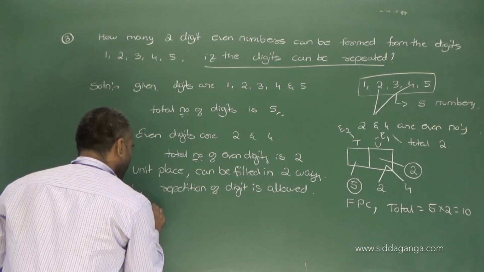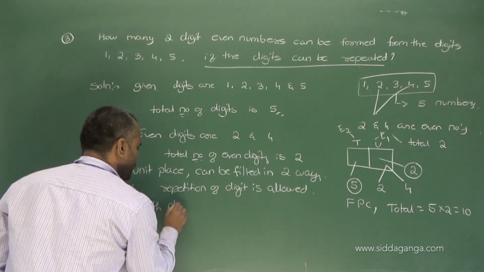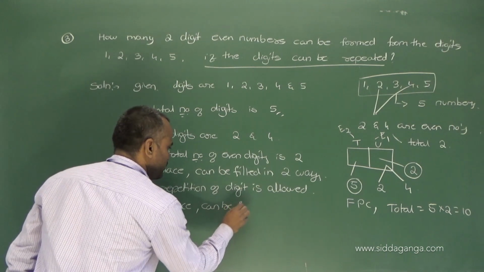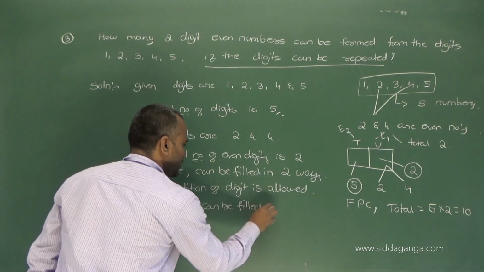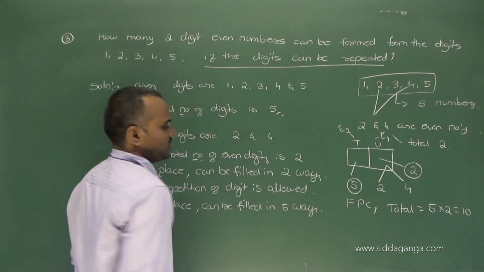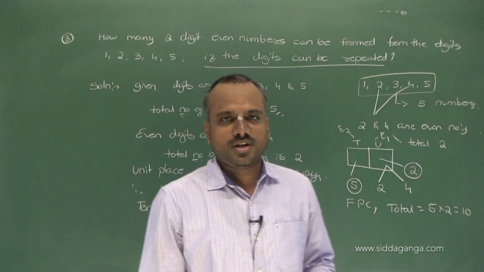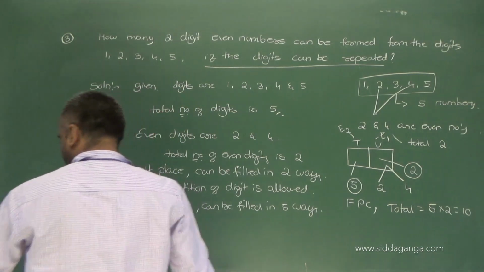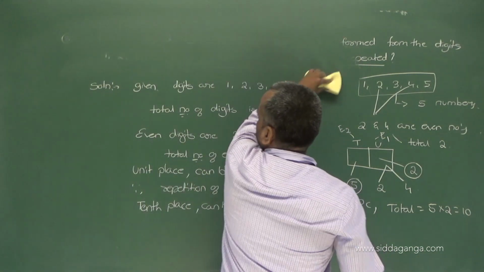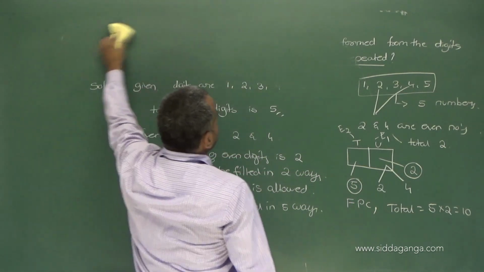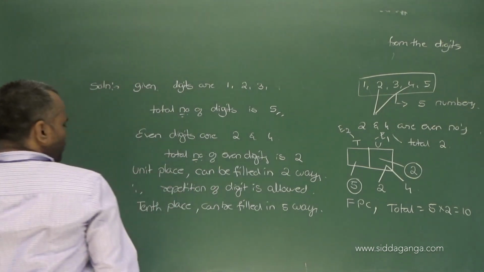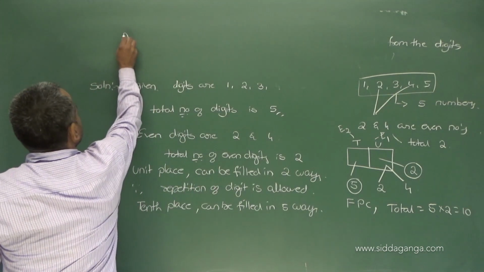Tenth place can be filled in how many ways? 5 ways. I write here. Tenth place can be filled in 5 ways. According to